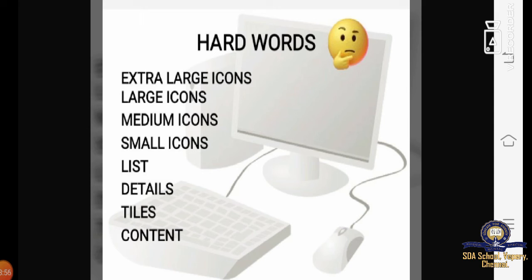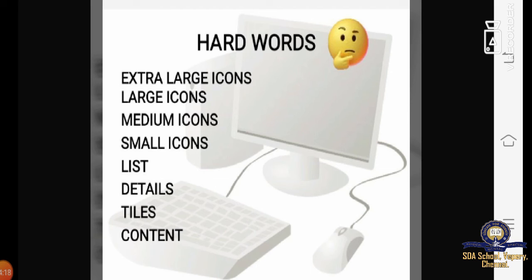Extra large icons. Extra. Large. Icons. Extra large icons. Large icons. Medium.